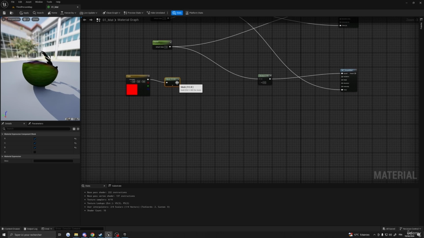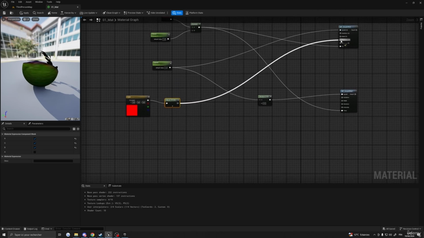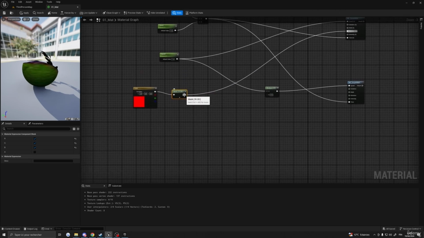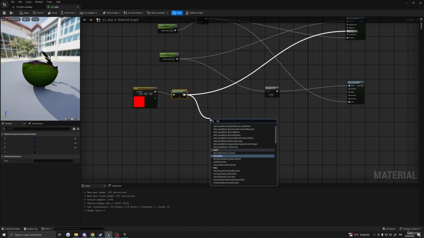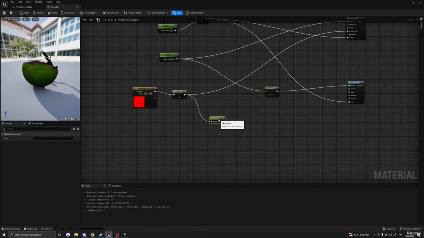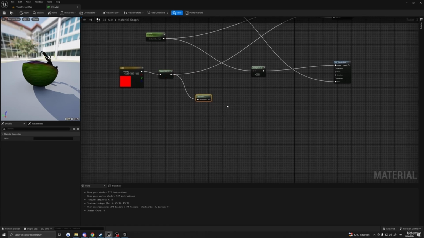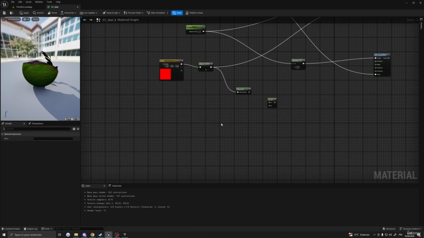Now I'm gonna plug that into the direction in here, and I'm gonna plug that, bring a normalize. Now I want to bring a cross product, like so. I'm gonna bring another,